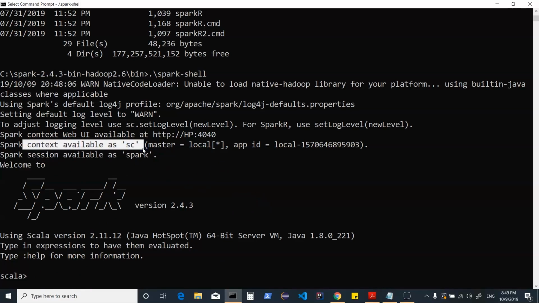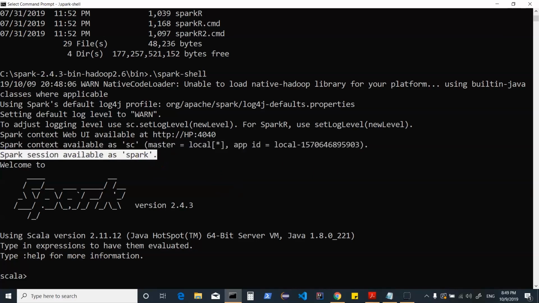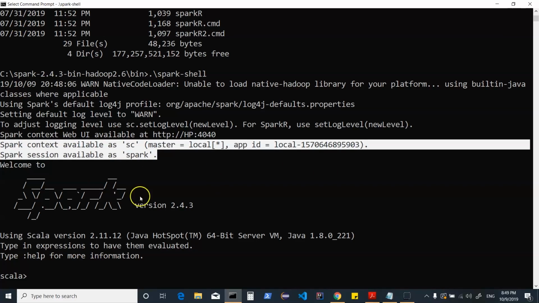But if we wanted to work on Spark SQL, which was launched in an experimental way with Spark 1.6, we could be using, instead of Spark session, SQL context or Hive context. So this is the Spark context or Spark session which is getting initialized. If I was building an application using an IDE, then depending on my use case and need, I would have to initialize Spark context or Spark session within my IDE.